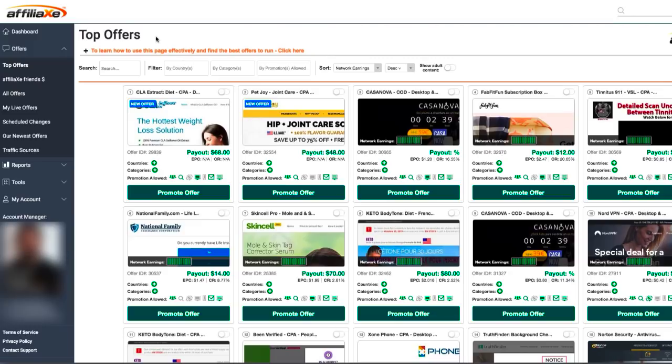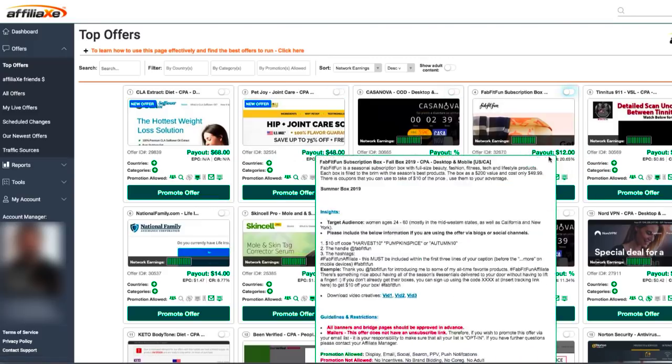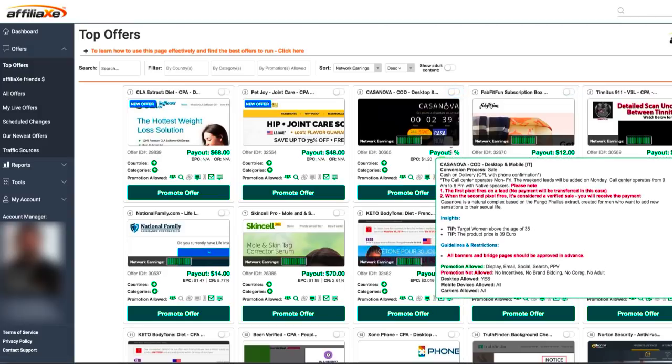For affiliates, you can see they have a top offers tab. It's showing you all the top offers already, the EPC or the network EPC for it, the conversion rate. So we just went over the terms so you understand what these mean. And payout just means how much is paying per sale or per lead, or this one is like a percentage